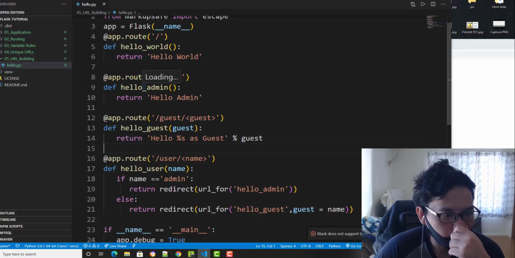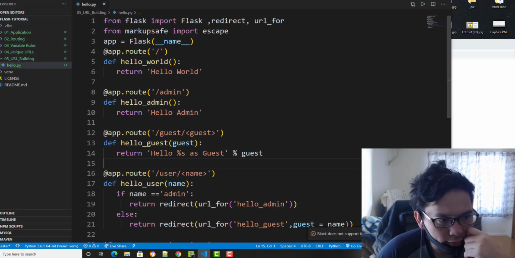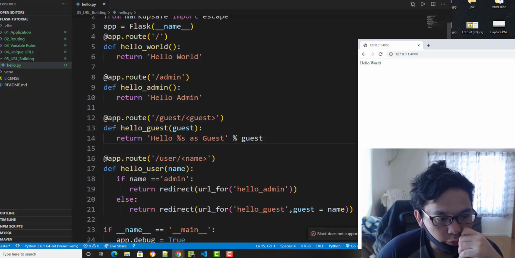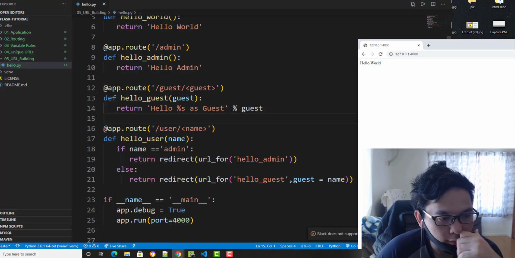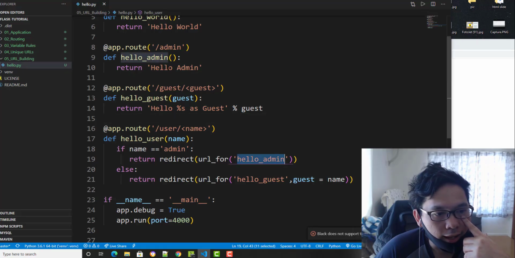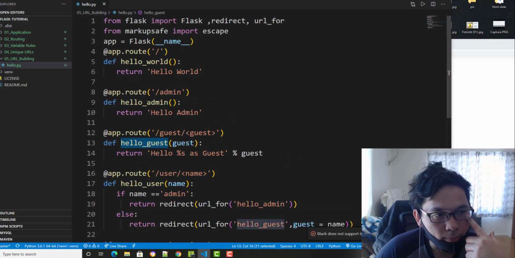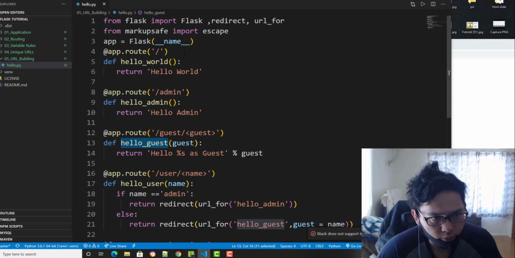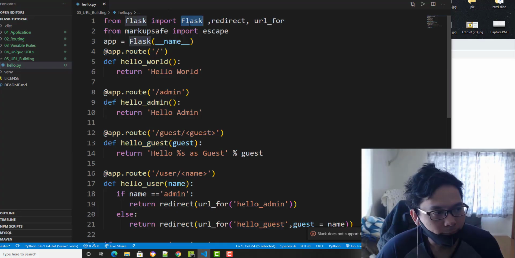Basically, for this one, we create an app for admin, guest, and username, something like that. We're going to redirect: if our user is admin, we use the admin function, and if it's guest, we get the guest. So, okay, this is very important. If you're going to use Flask, you should read the